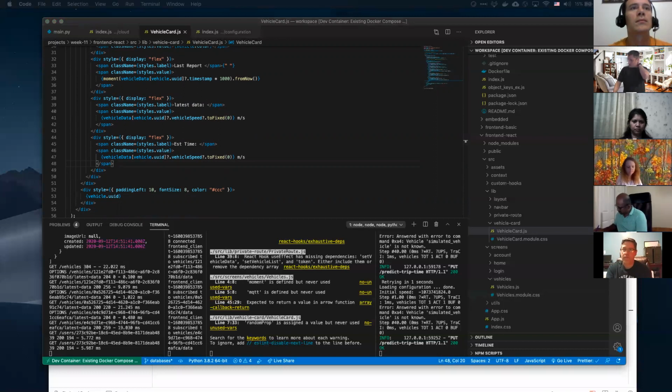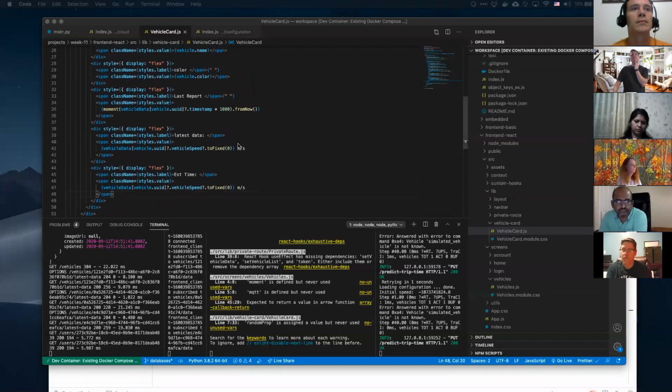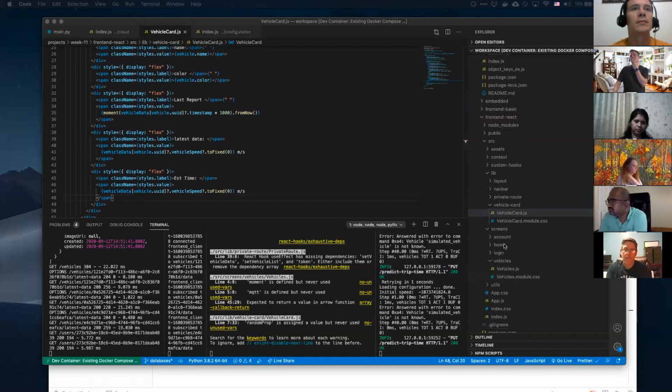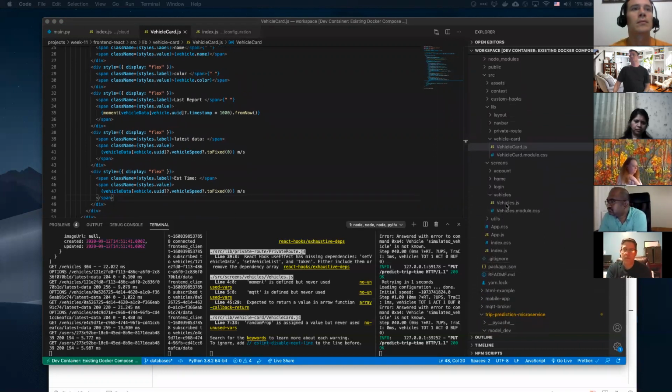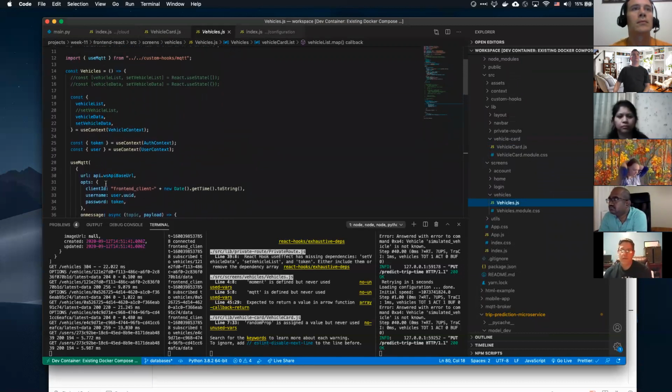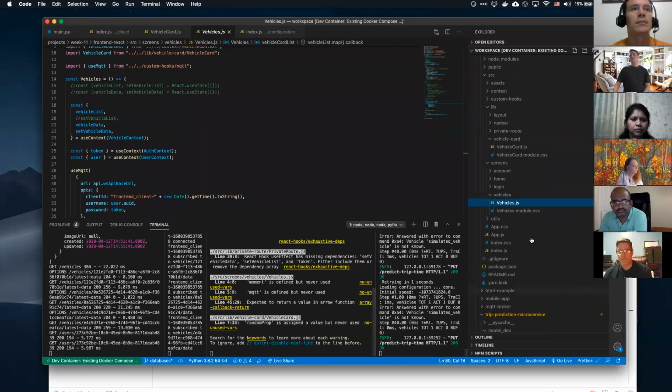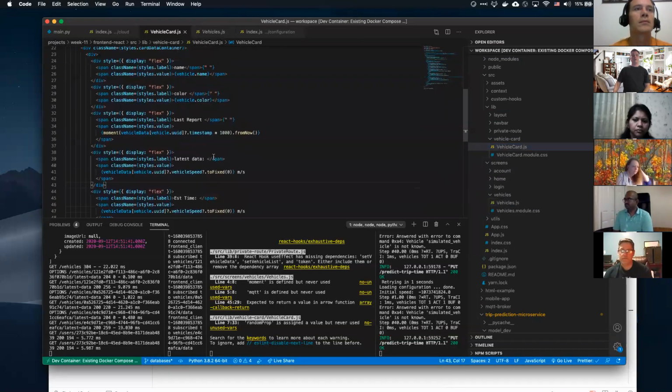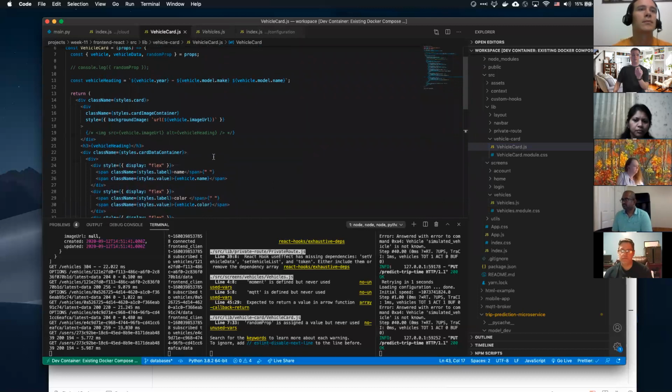let me think a little bit here, because this is interesting. So we have an option, right? We can either do it in the vehicle, in vehicles.js, where we basically have all of the other stuff happening, or we can do it actually in the vehicle card itself for each individual vehicle, because we have to get the prediction for each individual vehicle.